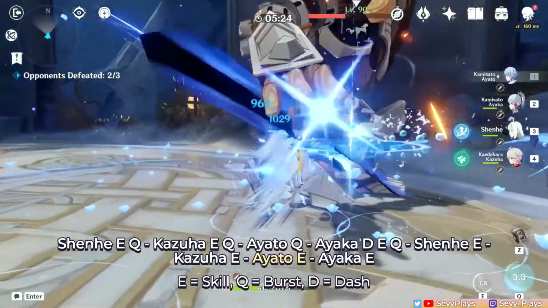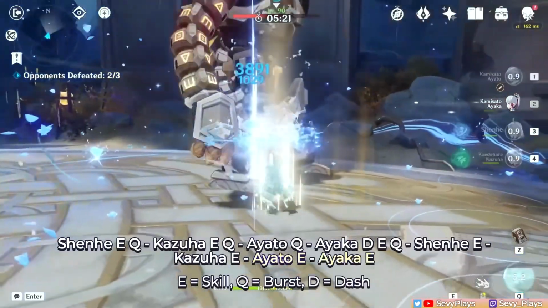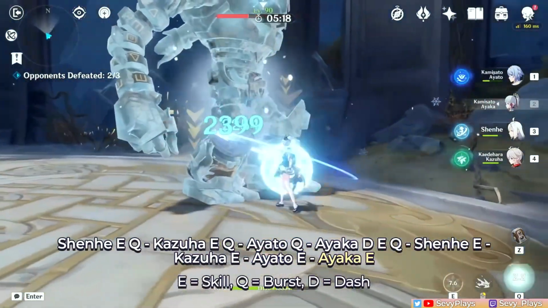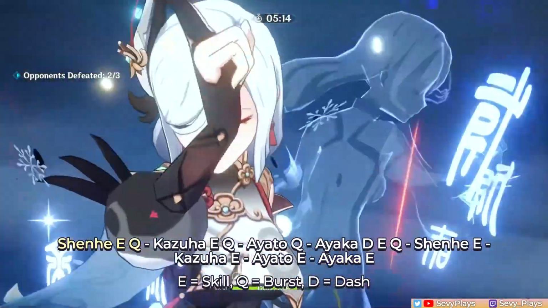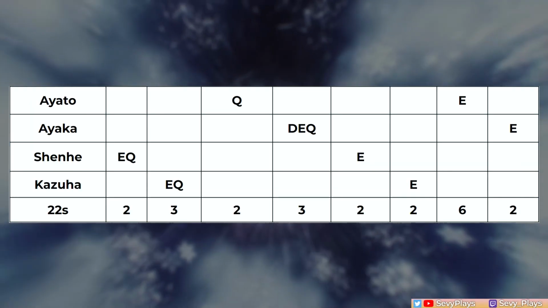During this time, there's a lack of cryo application, so be mindful of dodging if necessary. Finally, switch to Ayaka and use her skill and catch the particles. She should have nearly all her energy back or completely filled up. Restart the rotation accordingly. As you can see, there are a lot of moving parts in this team compared to